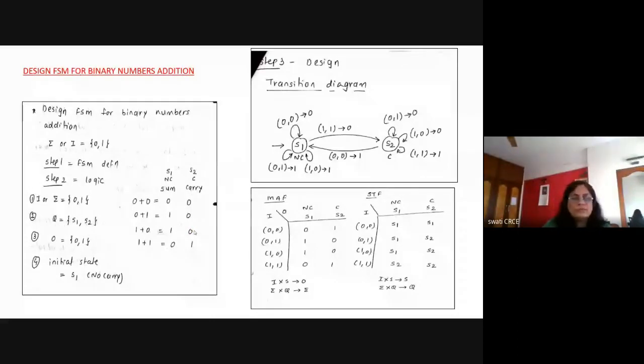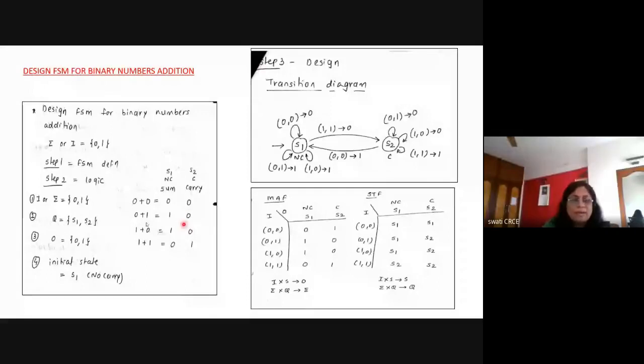Okay. So for 0 plus 1, I'll say that my output is 1. The answer is sum is equal to 1, and carry generated is no carry. Okay, so carry generate. I'm going to represent the carry: if carry is present, I'm going to represent it by 1 here, and if there is any 0, I'll interpret it as a no carry. Okay, that is my way of solving this problem.